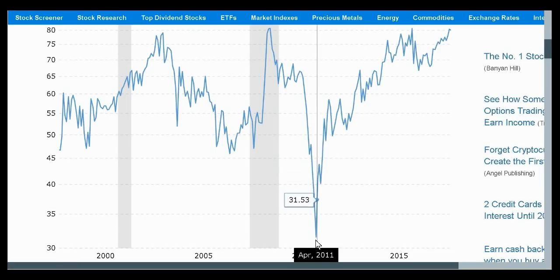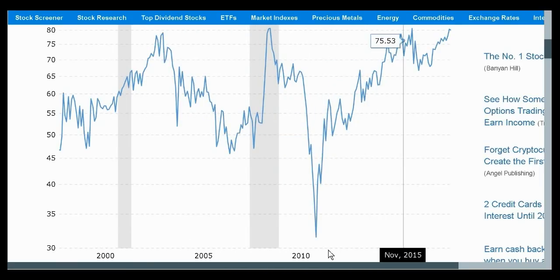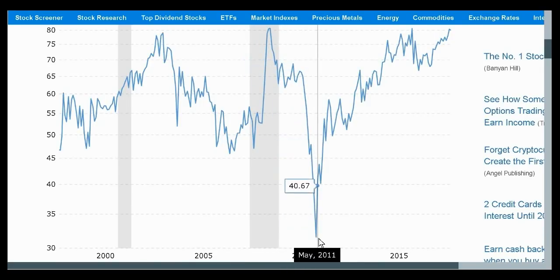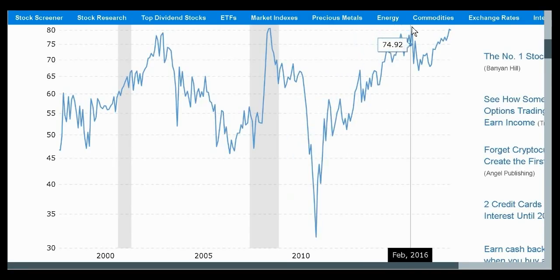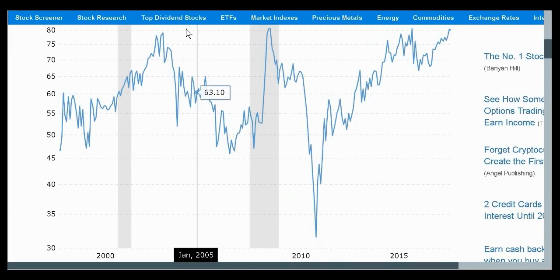I don't know if you would call that a support level necessarily, because it only seems to have gone down there once on this chart. But it went down to around the low 30s, and then it mean reverted, back to the average of around 50, back up to 80, a little bit of mean reversion, and now it's back up to around 80 or so again, which seems to be a resistance level.